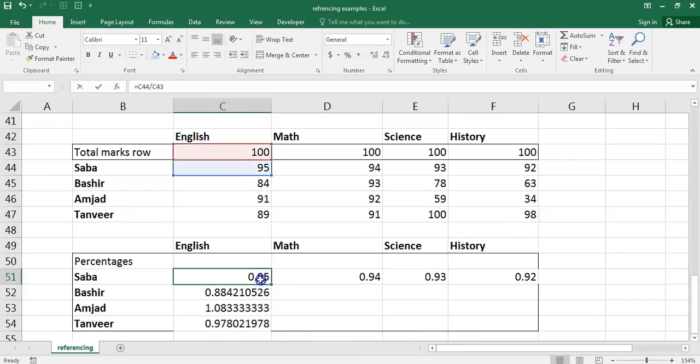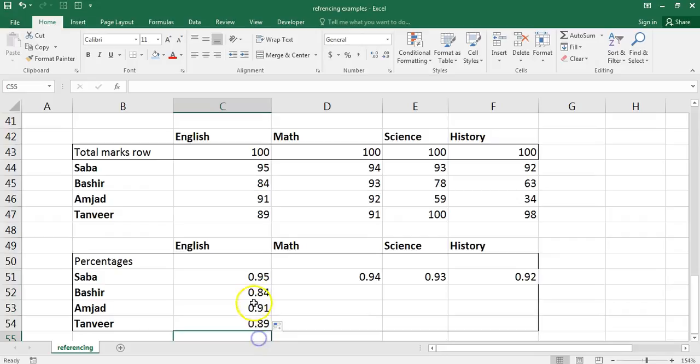To fix your row, you will go to this cell reference over here, and then you will press F4 twice. So now you can see the dollar sign with the number 43, which means that this row has been fixed. Now when I press enter and drag this formula down,